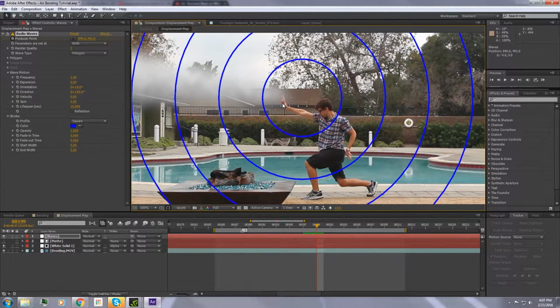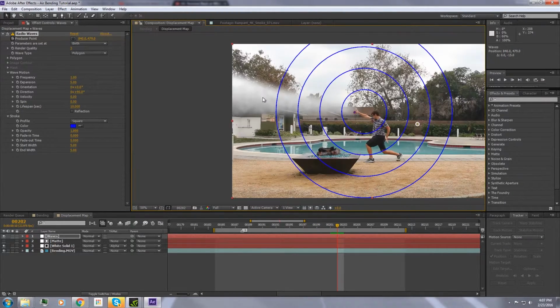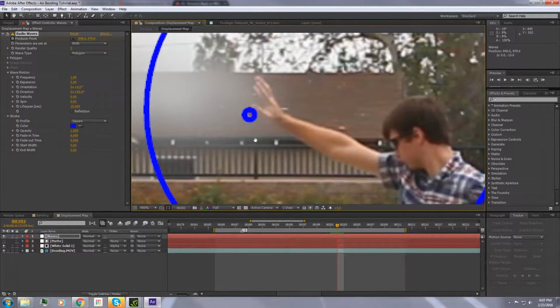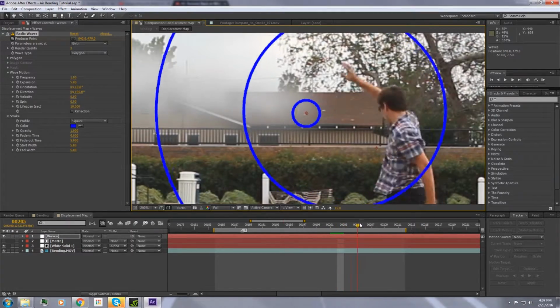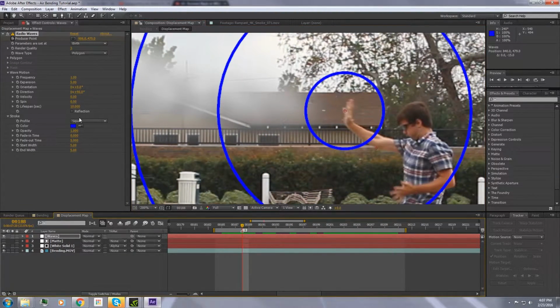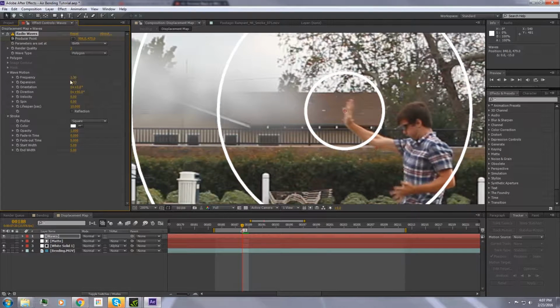In fact, we should probably do the same with our mat for our noise up here. But we'll get to that in just a little bit. And then we'll cut it out here. So let's change up our waves. We're going to make our waves white. And let's bring the